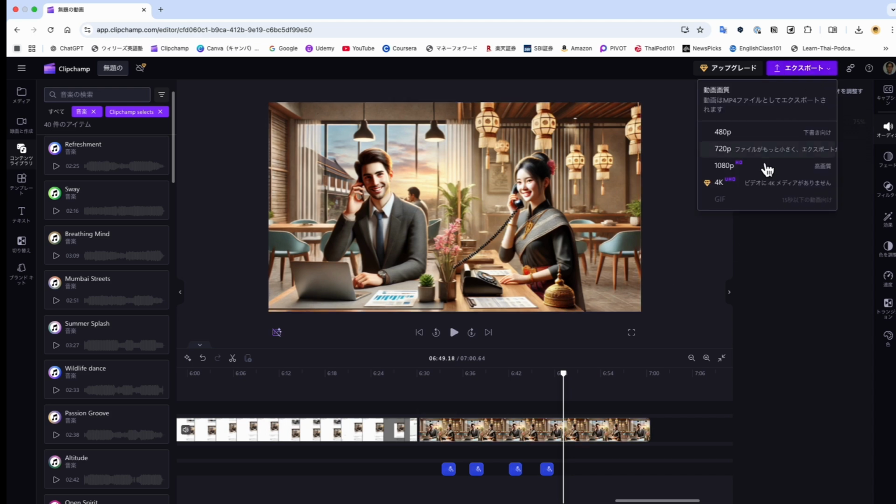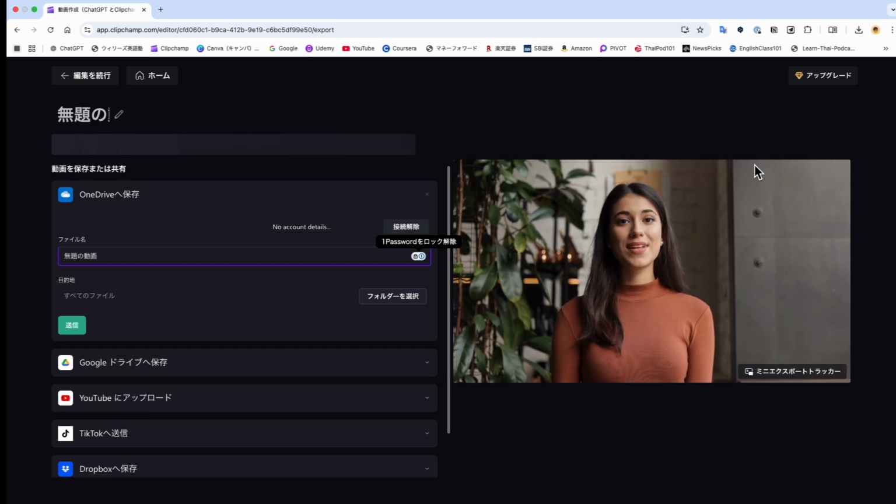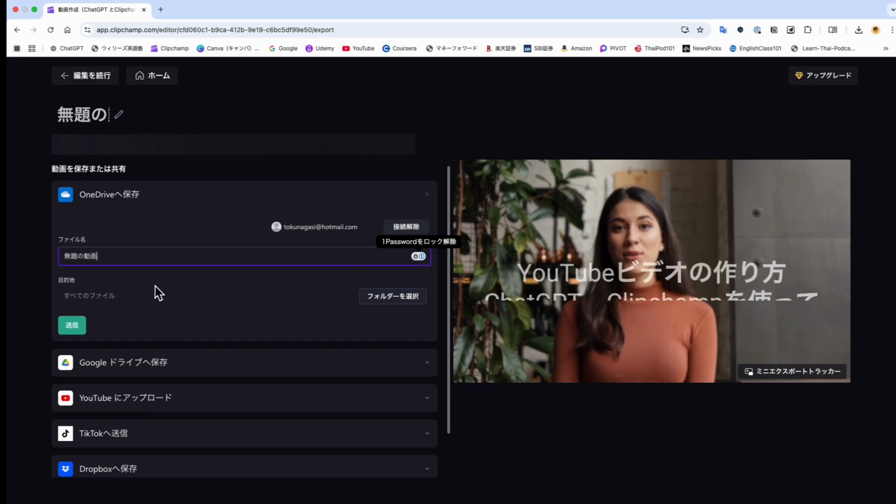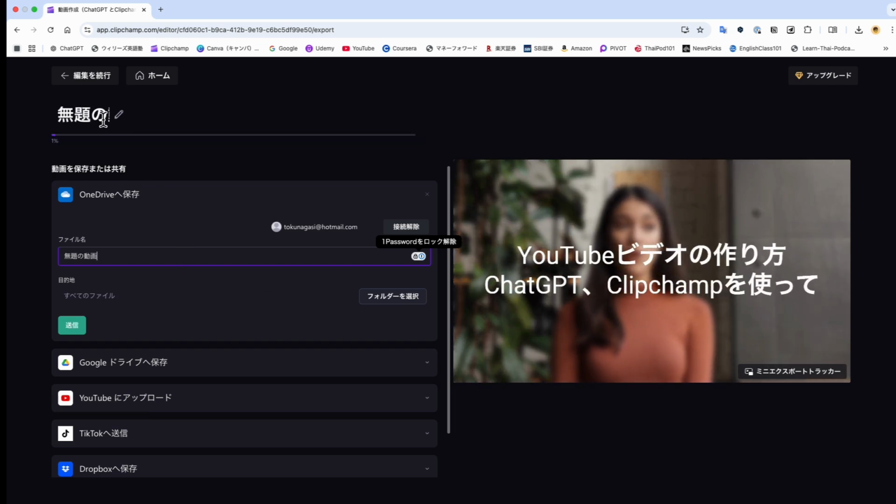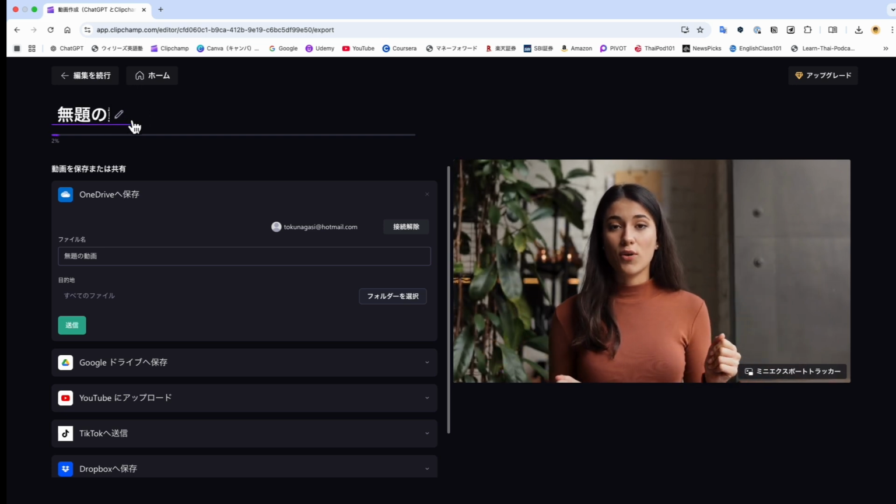Once the video editing is complete, press the export button to save the video. Enter the video title.